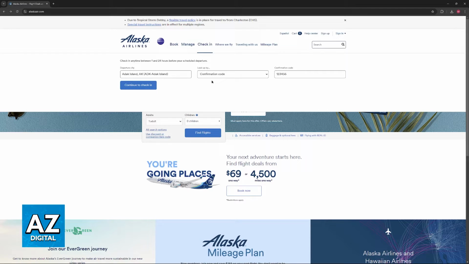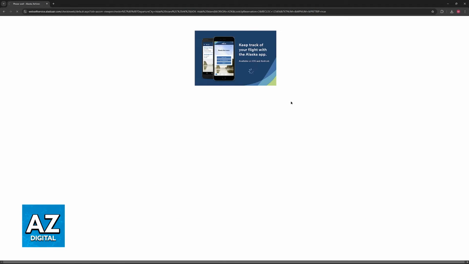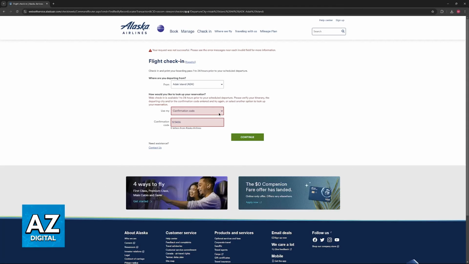done. Now sadly, I don't actually have a flight booked through Alaska Airlines, but if you do, you will be able to proceed. You will see this message, complete check-in for your trip, and you can get the confirmation code and check in. Afterwards, keep track of this through the mobile app, and you will be able to confirm